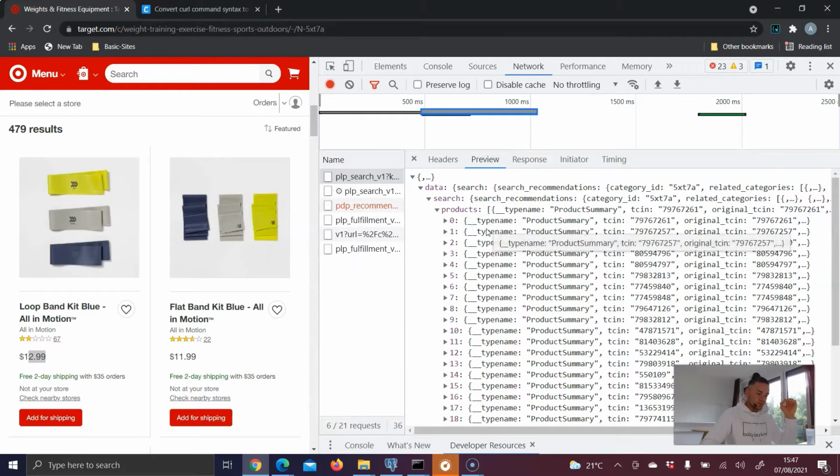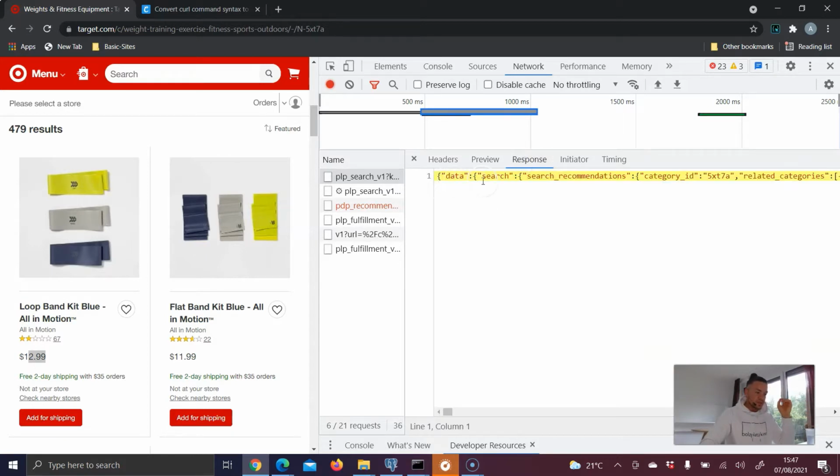Then we have the preview of our data. Here you can make a cross check if this is actually the correct request in order to get the data for this result list. Okay, so make a cross check if here inside this preview tab the data which you want to scrape is actually stored or not. Okay, and then we have actually this response,